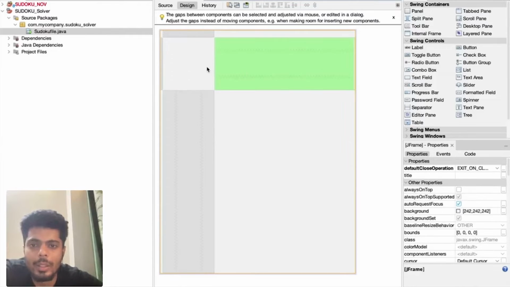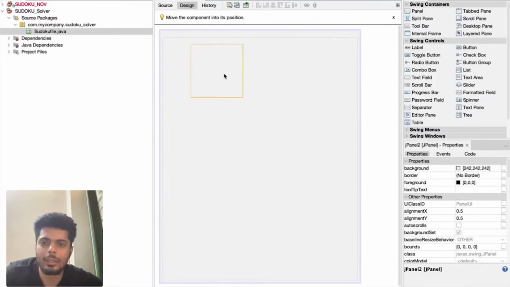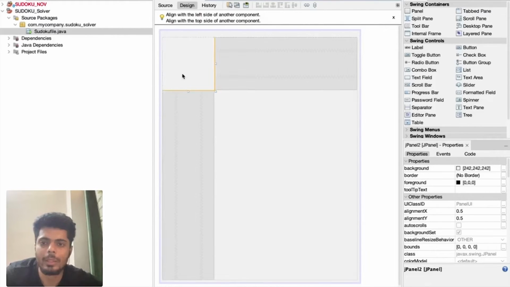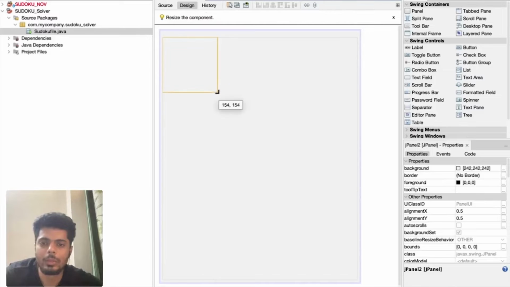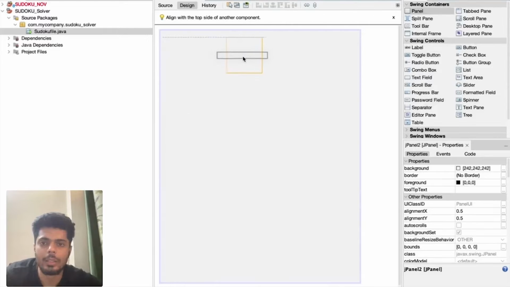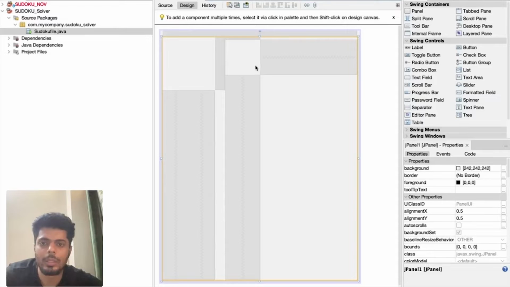Now we can copy this panel, and paste it at adjacent places. Let's place the rest of the panels.